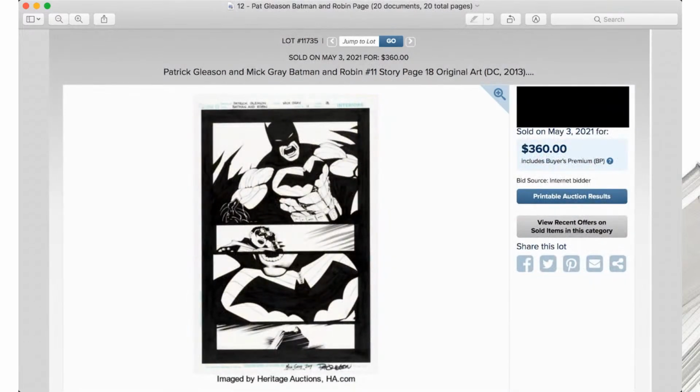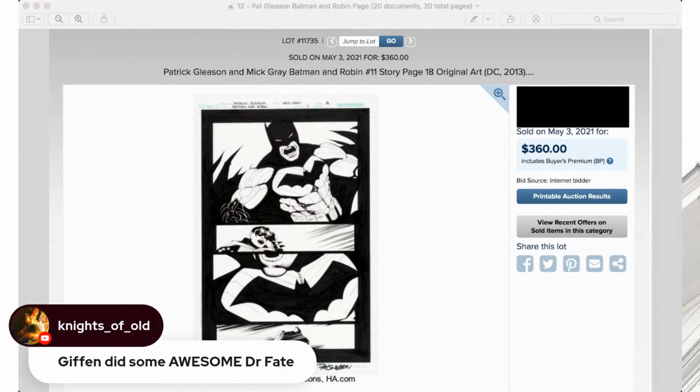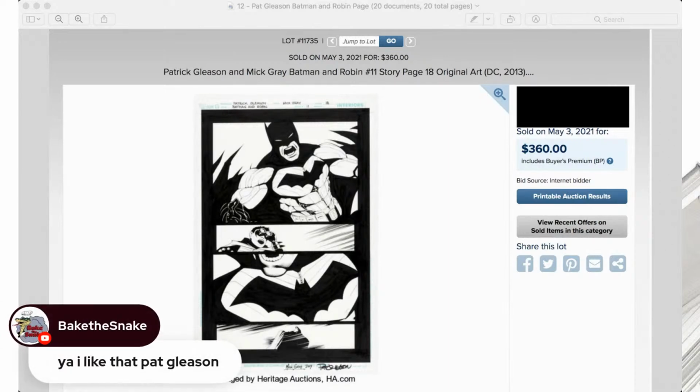All right, moving on. This is interesting. So this is, I guess, hot artist of the moment. I actually tried going after this one. Now I'm a little bit burnt out on all these Pat Gleason ASM 55 almost like negative space spider webby variants that they keep reprinting a bazillion times over and over in different colors. And now they keep reusing that concept, and they're getting Pat Gleason on like a zillion variants, store variants, regular variants, etc. I'm getting a little tired of the Pat Gleason variant covers, but I like this page